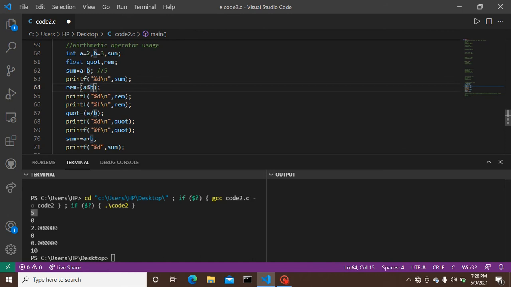This operator gives the remainder. When we divide 2 by 3, the remainder will be 2. Here the printf statement gives the remainder. Isn't it?